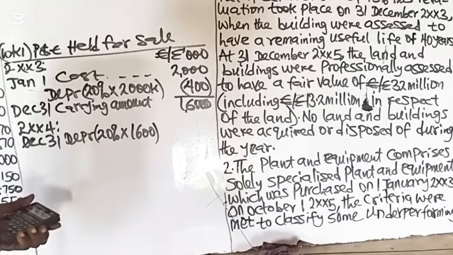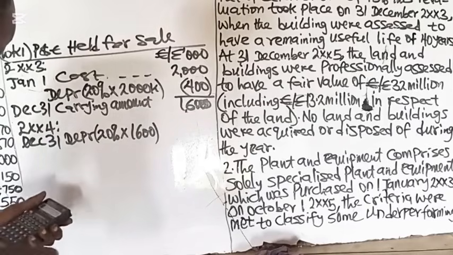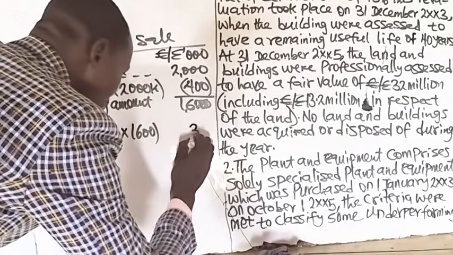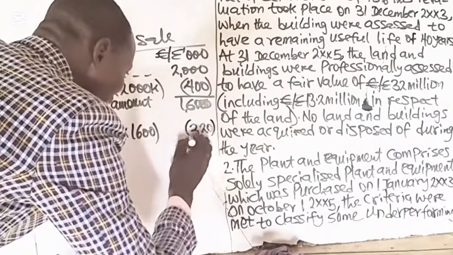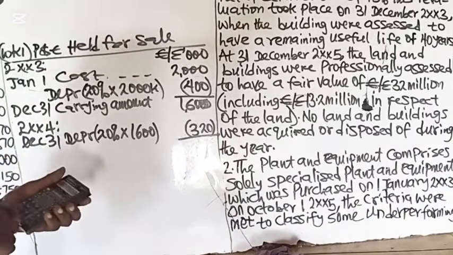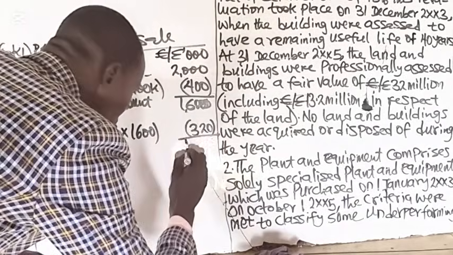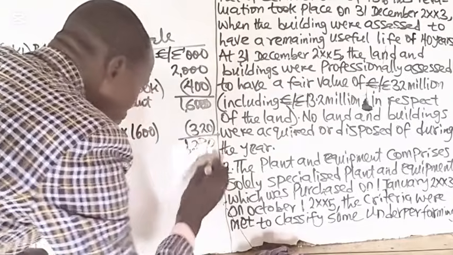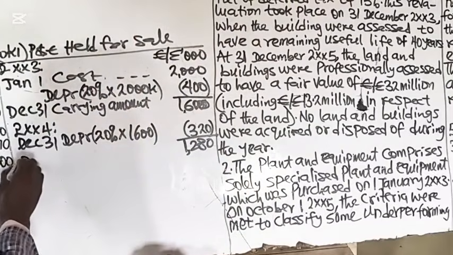That gives us 320,000. If you remove 320,000 from 1.6 million, then you have 1,280,000. This is the carrying amount